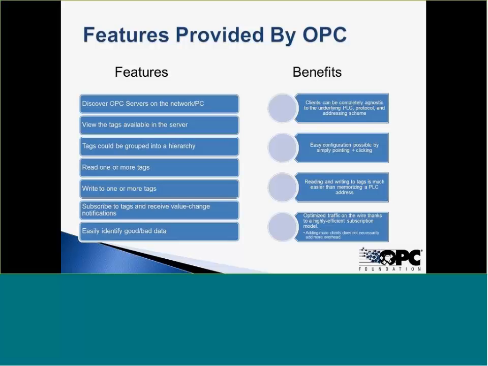Most importantly, though, it's all based on the concept of subscription, where a client specifies the set of tags it wants, and then the server provides the data on what's known as exception basis, so only when the data changes. What this really does is it provides a very seamless, high-performance way for moving data from the underlying server to